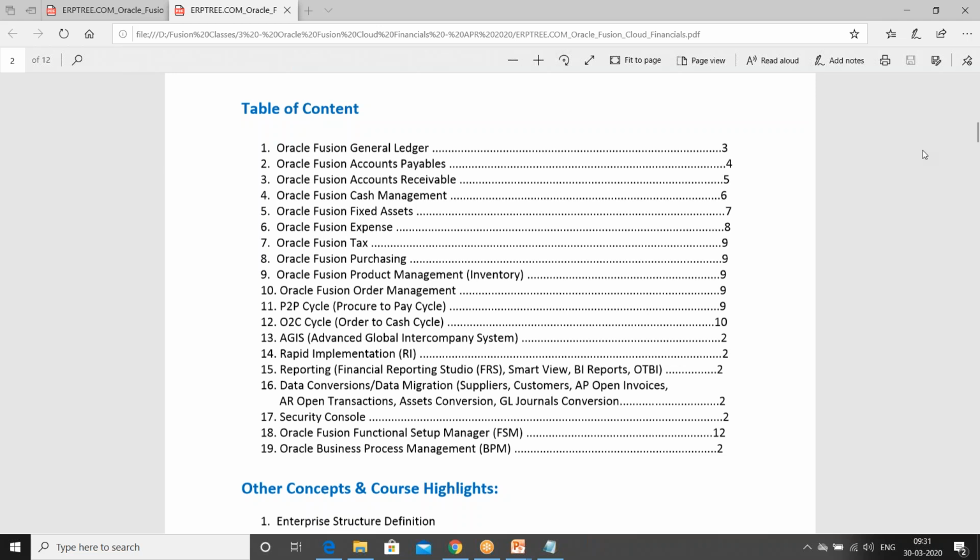Lakshman, is BPM the same as workflow and event management in EBS? Yeah, it is similar to EBS AME, correct. But it's very much advanced in terms of defining the rules and all. In EBS, within the AME, we can manage the workflows. We can develop or modify the workflows with the PL SQL language, right? But in Fusion, BPM works based on BPEL. Here we don't use PL SQL. Here the language is BPEL, Business Process Execution Language. That is the difference.